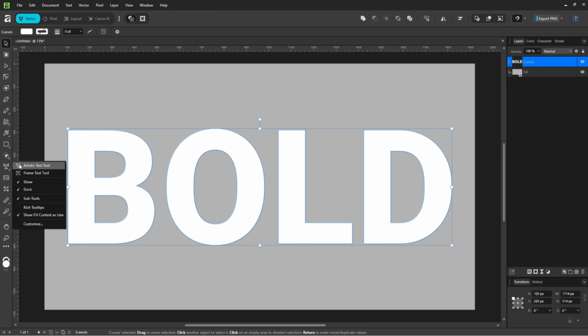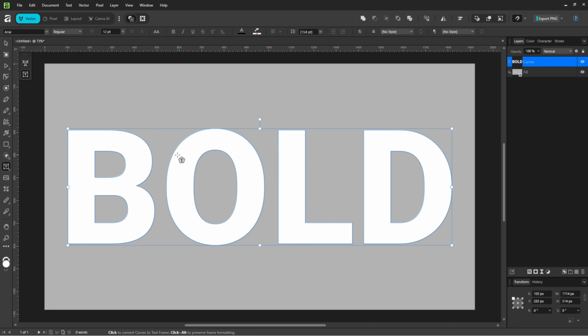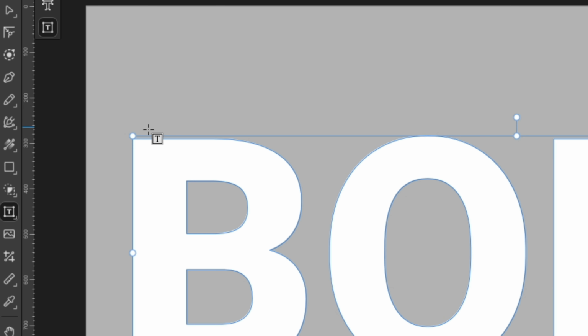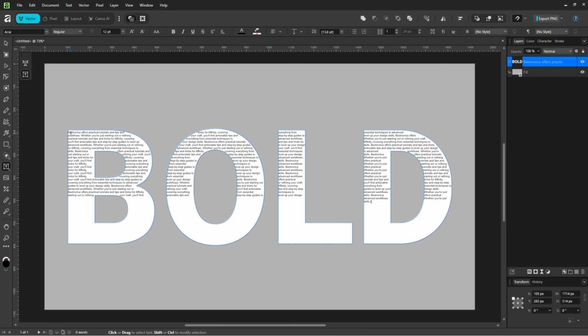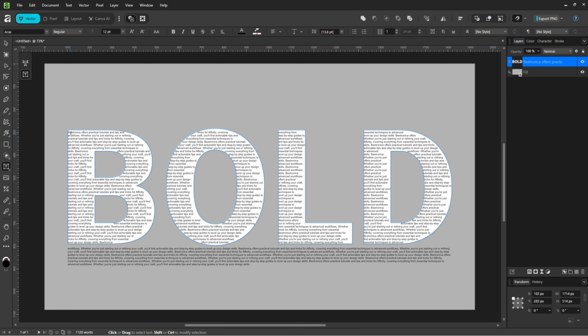I'll grab the Frame Text tool. Then I'll make sure the text is selected. When I hover the cursor over the shape, you'll see it change to a polygon. I'll click at the top left, right here, and press Ctrl V to paste the text. And the text is going to span from the first letter, which is now a shape, all the way to